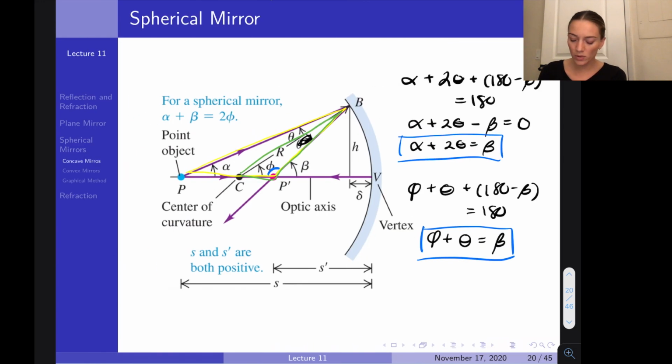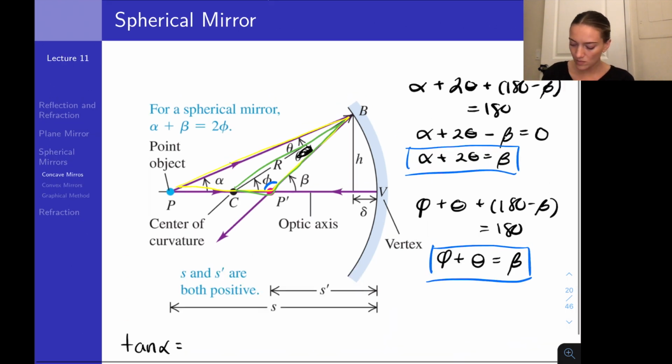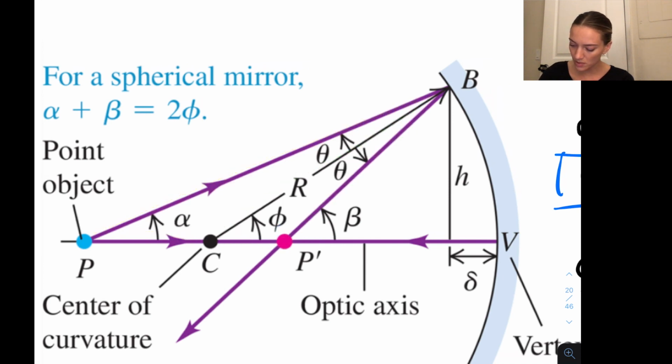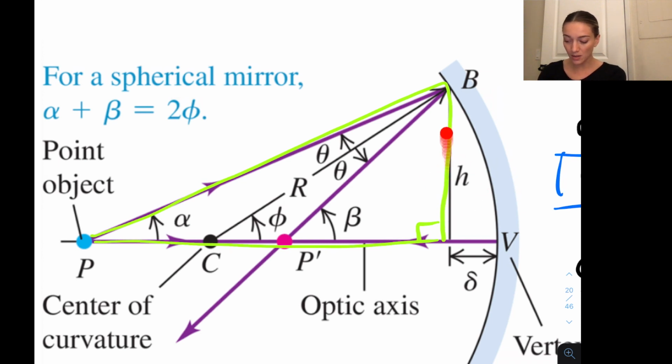So now that I have this, I'm going to look back at what I just had before, and I'm going to write the tangent for all of these angles. So I'm going to write tan. So tan of alpha, remember, is opposite over adjacent, but you need a right triangle. So I can use this triangle. So let me erase this. So now I want to look at this triangle, because that's a right triangle, so I can use tangent. So tan alpha is going to be opposite over adjacent. So that's going to be the opposite side here, which is h,